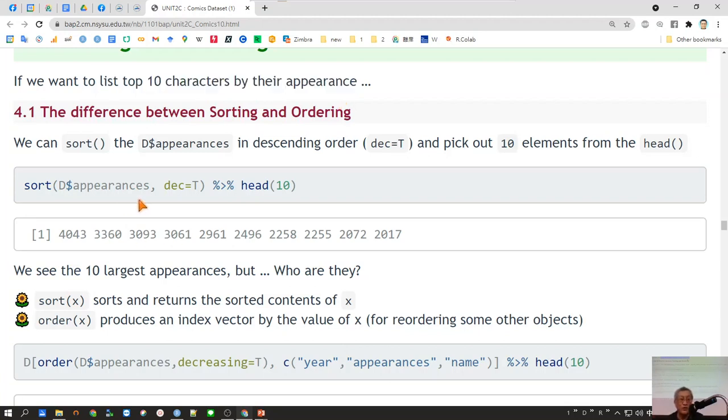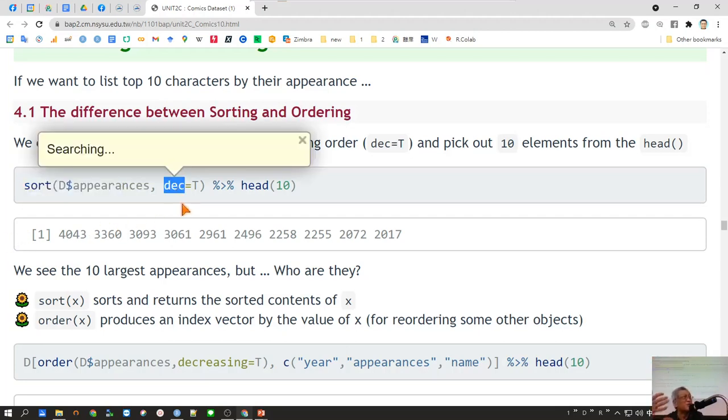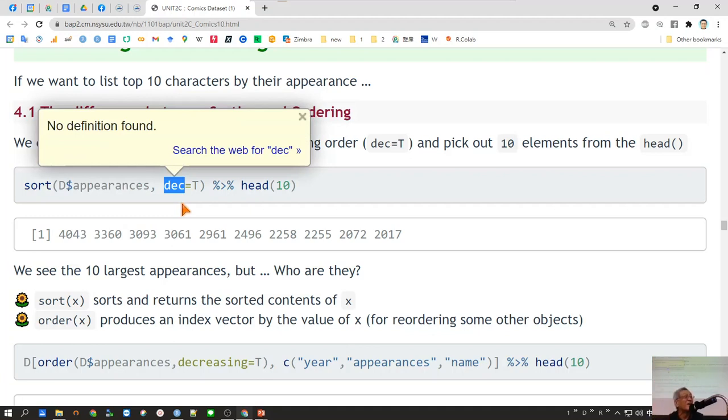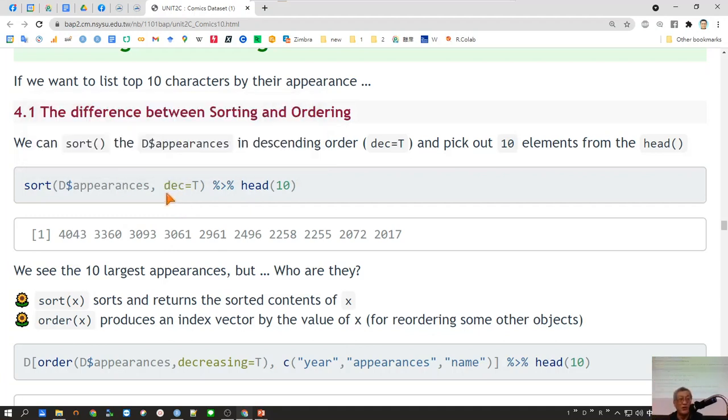We can sort. We have learned this function sort. We can sort appearance, and when we sort appearance, by default it is in ascending order. Now, if we want to see the largest numbers, we want to use the descending order. So in order to use the descending order, you need to put in this argument. So when we do this,